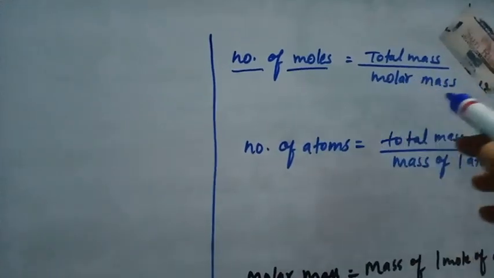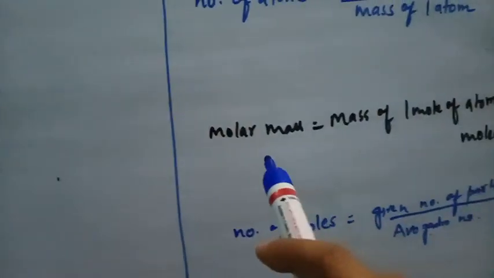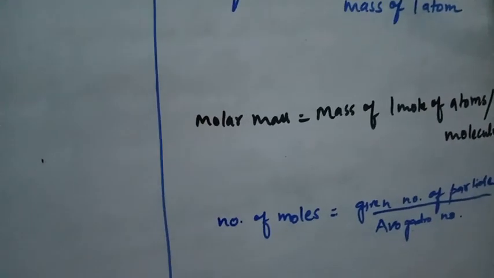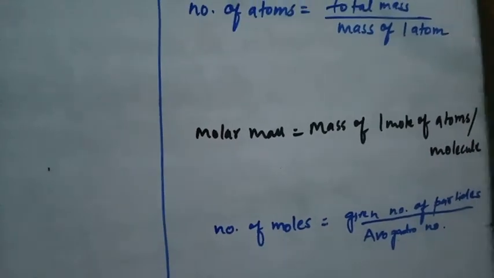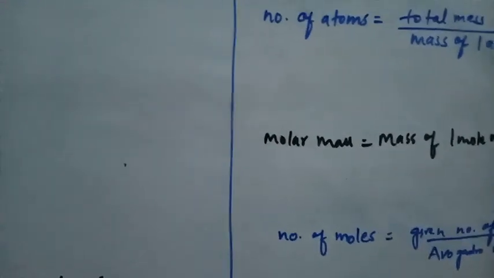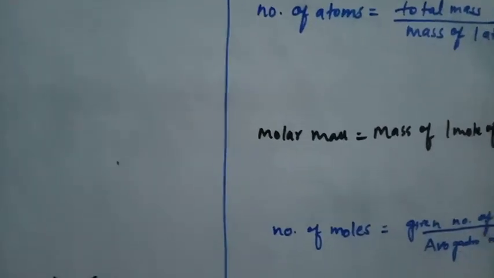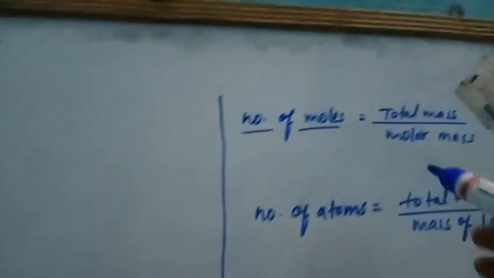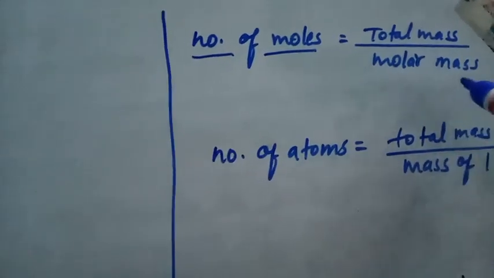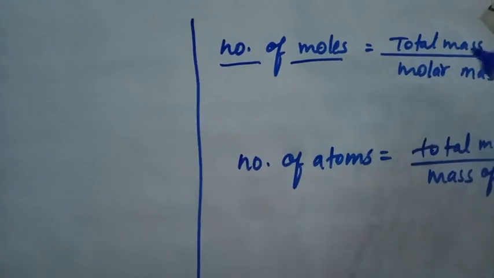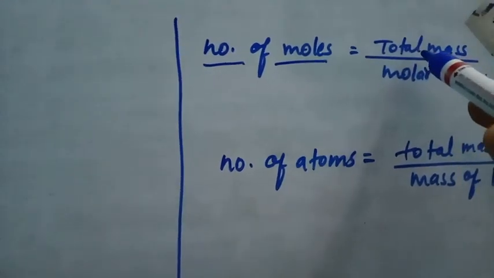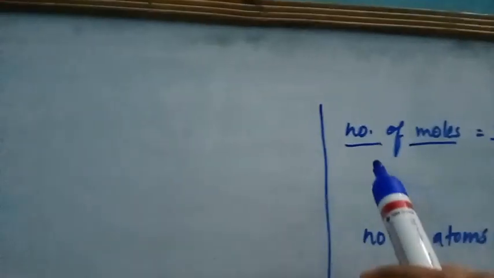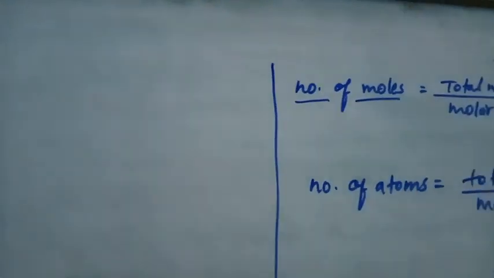Now you should know what is molar mass. I told you before also, molar mass means mass of 1 mole of atoms or mass of 1 mole of molecules. So if you know the molar mass of that atoms or molecules, and in the question it is given the total mass of that atoms or molecules, then you can solve and get the value